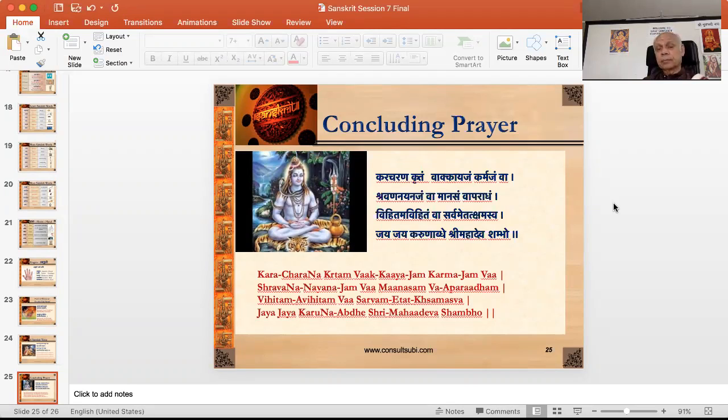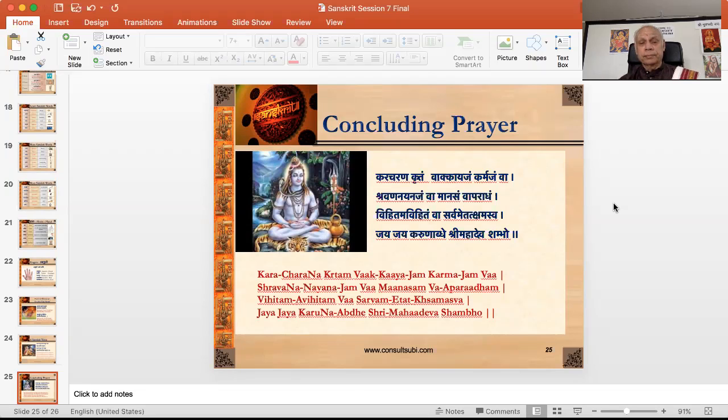Sometimes out of anger you speak something which is not prescribed. You do something by force of habit. You smoke a cigarette by force of habit. It's not prescribed. Those which are prescribed and not prescribed. Sarvam, all these. Kshamasva, kshamam. Kshamam means to forgive. Please forgive all the sins, aparadam, that